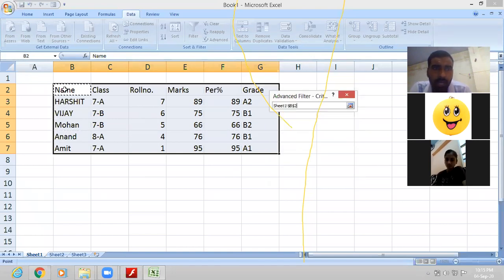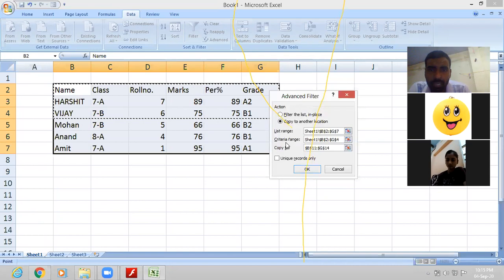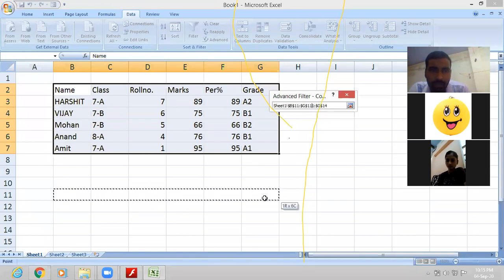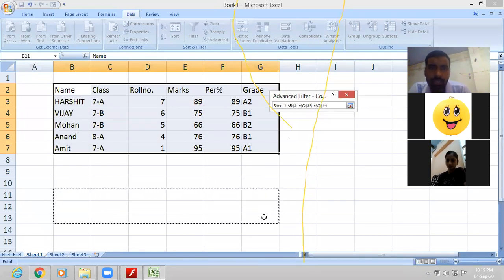Suppose I want to copy only 2 records. So I have selected 2 records, for 1, 2, 3, 4, 5, 6 columns and 3 rows. 3 rows and 6 columns. Then let us click on copy to, where we want to copy. So suppose we want to copy to this location, up to 6 columns and 3 rows.